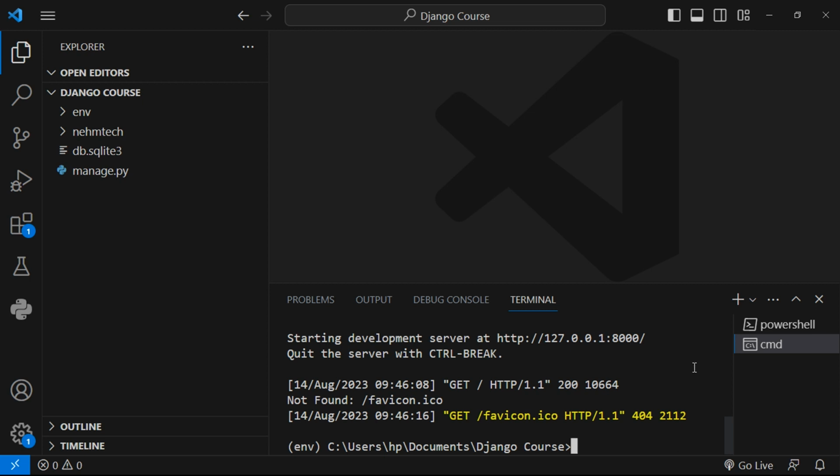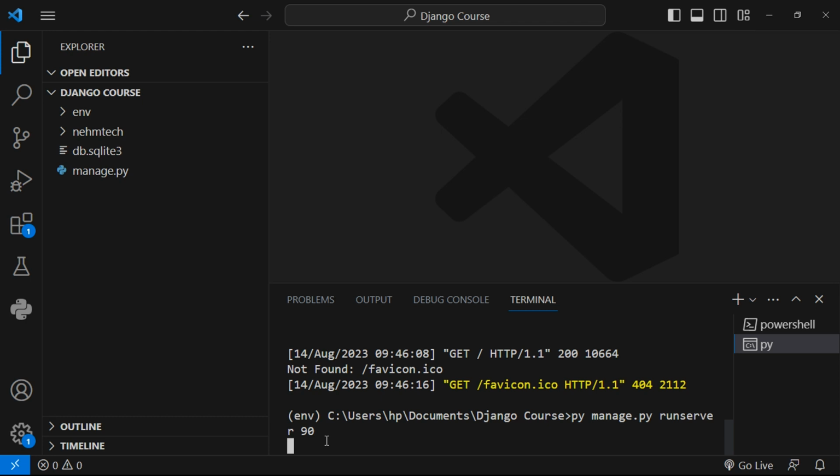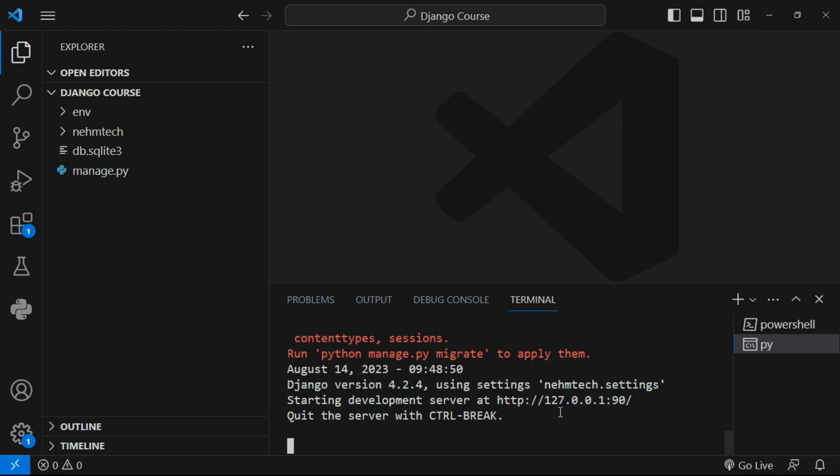You can see by default it was port 8000, but you can change it. For example, the command is py manage.py runserver, but you can change the port. For example, let's say port 90, or whichever port number you wish to have. Then when you hit enter, it will open at that port. You can see now it is 127. Remember, this